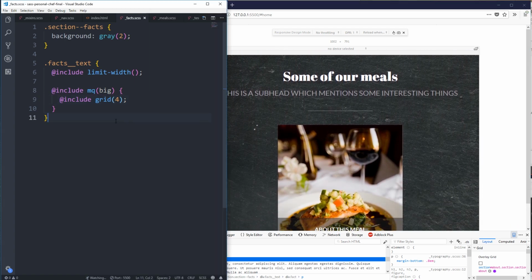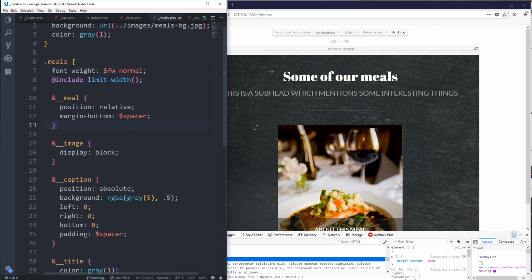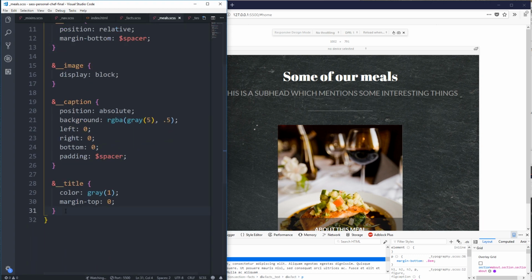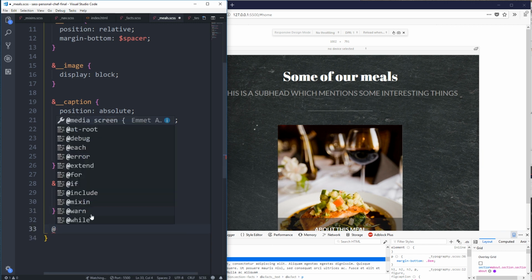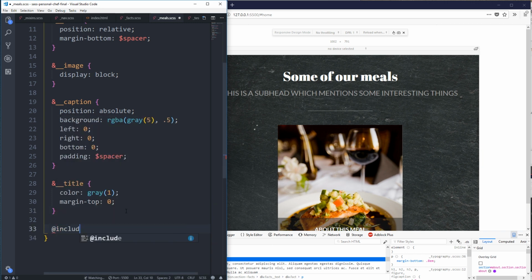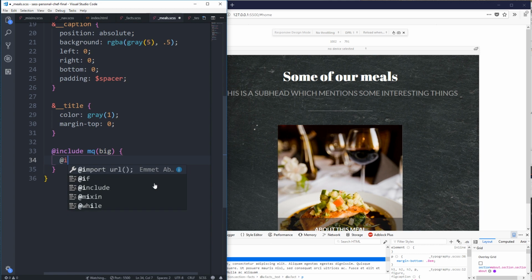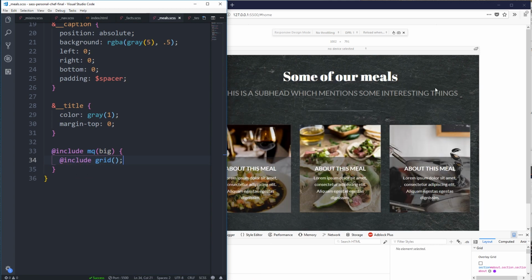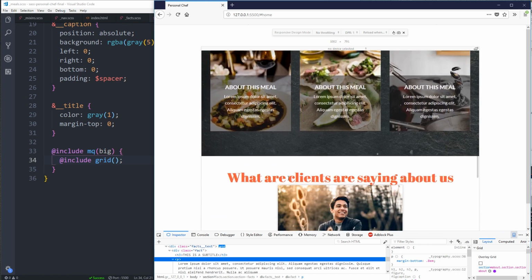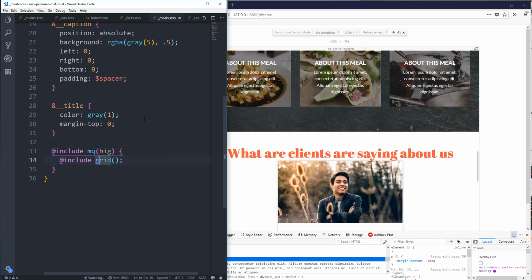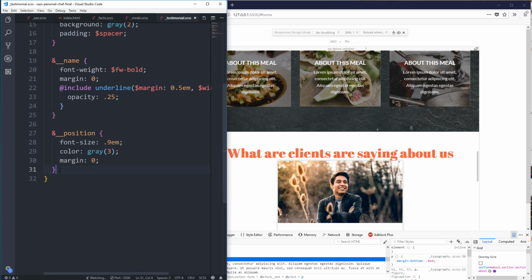So now we can do the same thing over here on this next part, our meals. So we can say @include MQ big, and then we want to do @include grid, and I think that's it. Sweet. And one last time on that, our testimonial, we can come to here, come all the way down,